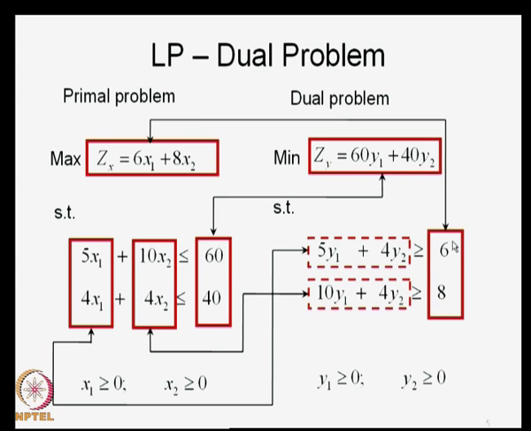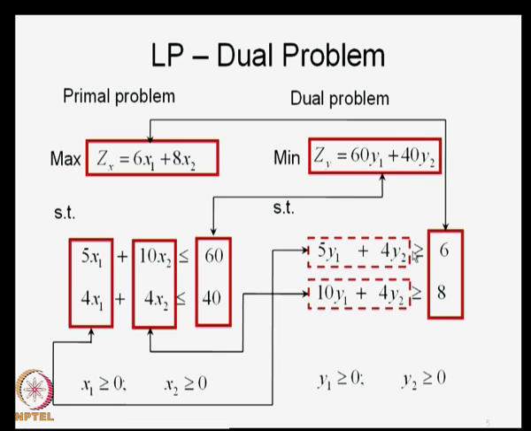So, this slide, if you understand correctly, you know how to formulate the dual. So, we had a maximization problem with less than or equal to constraints, it becomes a minimization problem with greater than or equal to constraints. The right hand sides of the constraints are the original objective function coefficients. The coefficients of the objective function are the original right hand side values of the constraints. The coefficients of the constraints themselves are the coefficients of a particular variable. A variable of the primal problem will introduce a constraint in the dual problem,